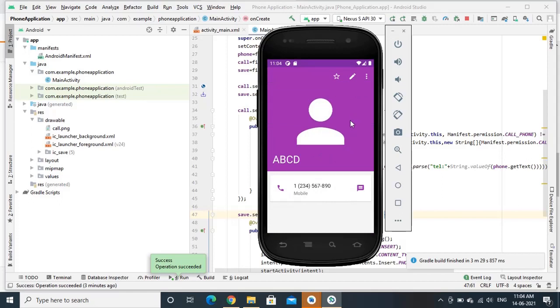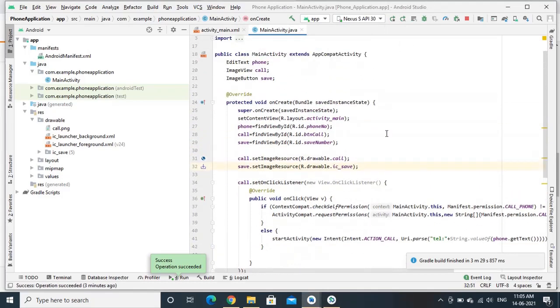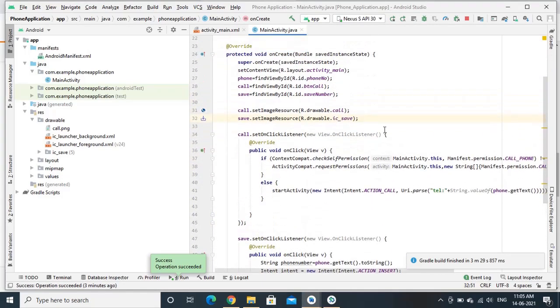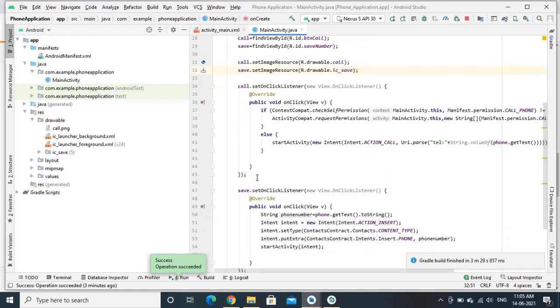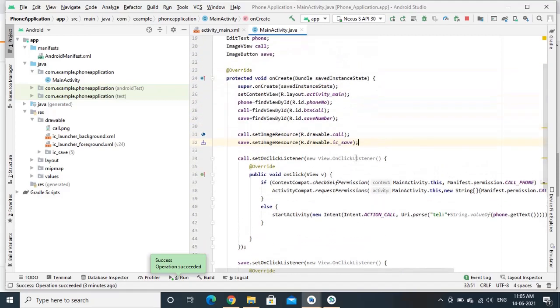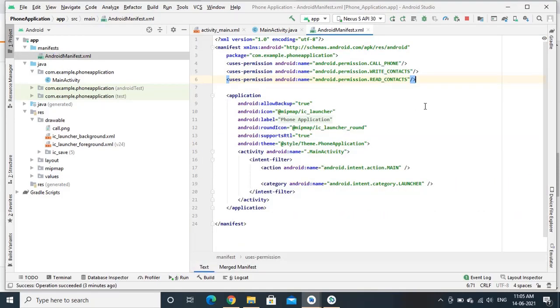This is a simple application to include two important functionalities in Android. One is for calling a particular number and the other for saving the given phone number. First, we have to set the permissions in the Android manifest.